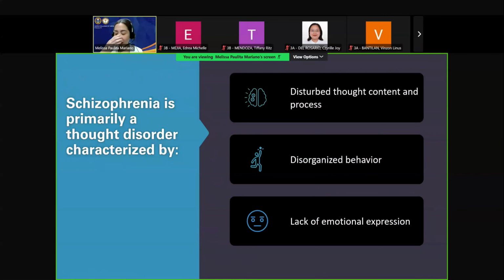Now, schizophrenia is primarily characterized by the following. The first and the most important is a disturbed thought content and process. So schizophrenia is going to be primarily a thought disorder, in contrast, say, for example, to depression, which is going to be a mood disorder, or personality disorders, clearly a problem with personality and behavior. Well, schizophrenia is primarily a thought disorder. Because of the disturbed thought content and process, it can lead to disorganized behavior and at times even a lack